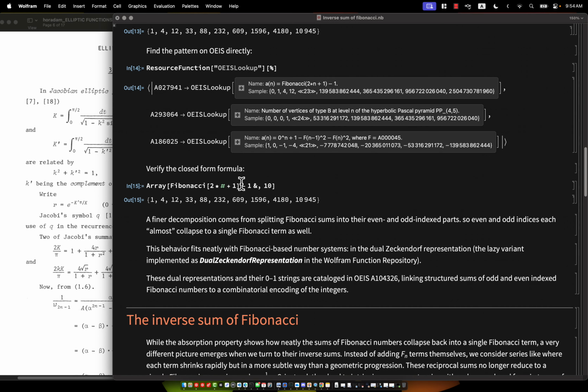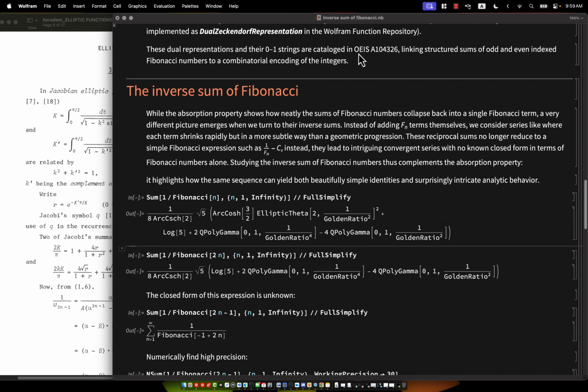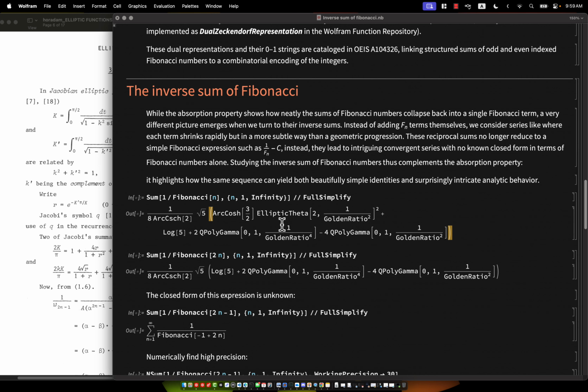So I often show you the sum of Fibonacci formula, where if the power is 2, it's just itself. So can you do it by simply changing the power to -1? Well, technically you can do it. For example, the sum of 1 over Fibonacci gives you such a complicated result. It is composed of elliptic theta, Q analogs, and golden ratios, and it's wrapped inside a parenthesis, and you times